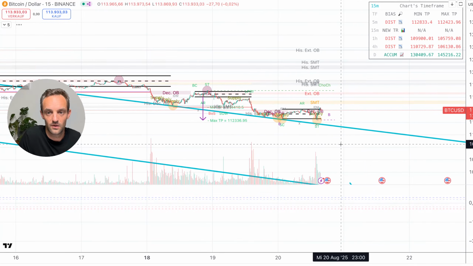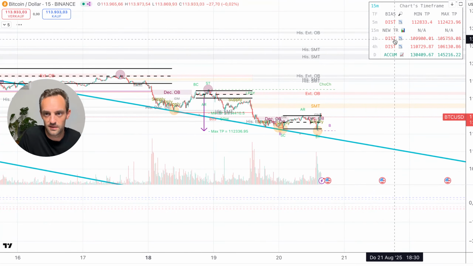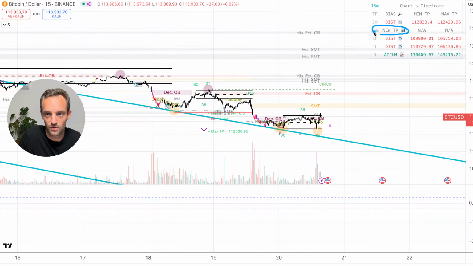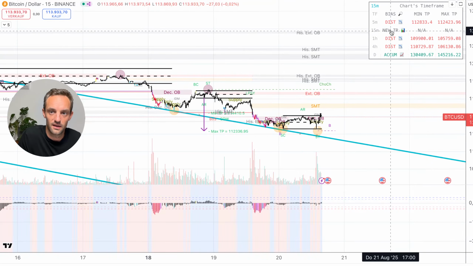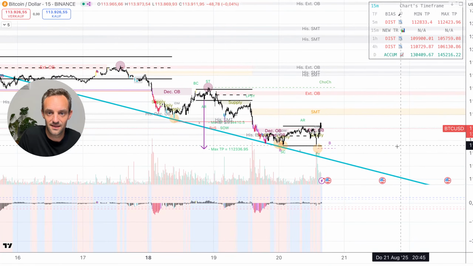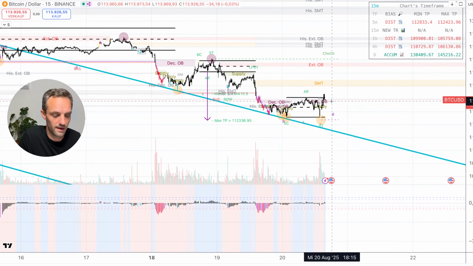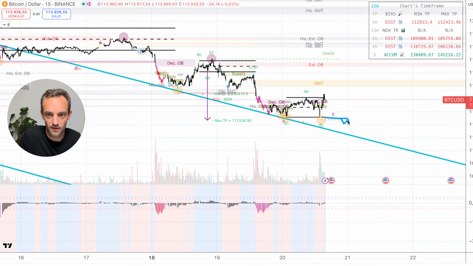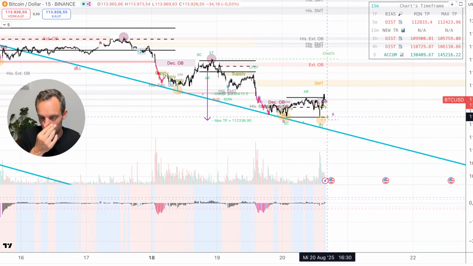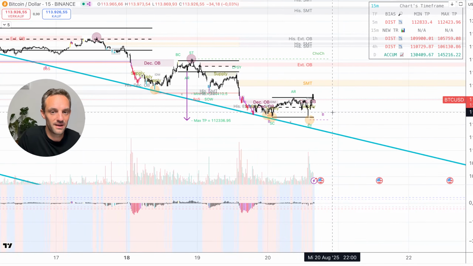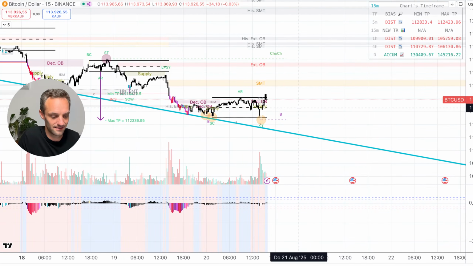Yeah. And here we have the new trading range. This is also at the top, the new trading range on the 15-minute chart. You see it means that when the market will break this trading range to the downside, we will have a new target somewhere here, maybe lower. And of course, depending on your trading style,